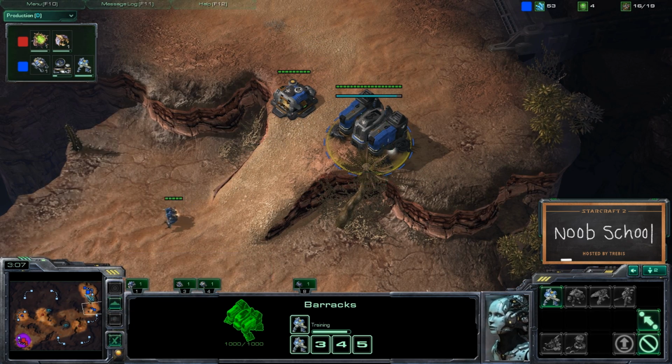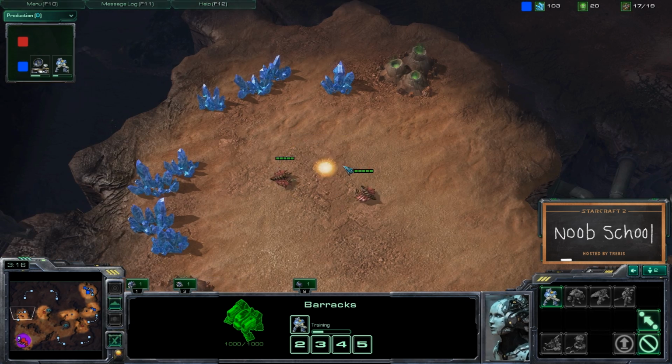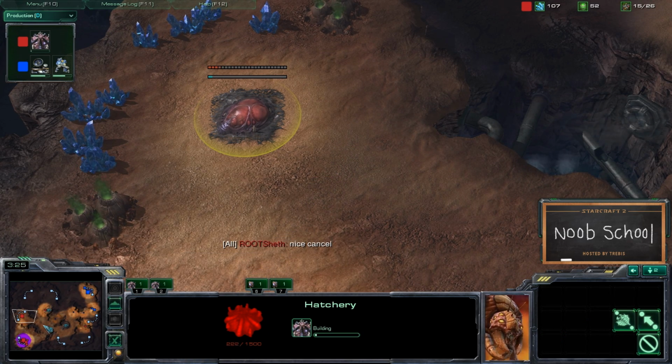Root QXC going for the normal super standard build so far. He's just going to get a couple Marines out, deny some scouting, and then decide where he wants to go with this tech decision. And Root Sheth, as soon as he gets that engineering bay down, certainly getting